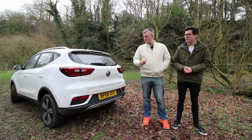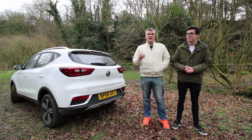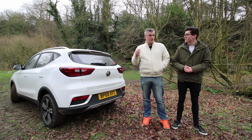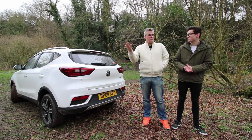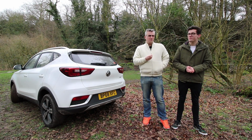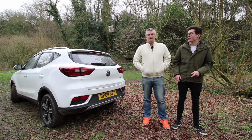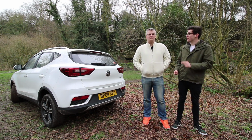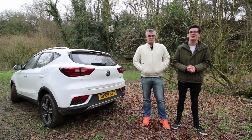You get the 1.5 for that, so you can get the 1.5 and you get the 1 litre. You can only get 2-wheel drives, and basically that means there is no 4-wheel drive option. But we're sure we saw one in Thailand at some point. But as Michael and I were discussing before, there's a lot of ranges across the world. It depends where you are in the world. But in the UK, at least, this top of the range 1 litre auto, at just under £18,000 is great value for